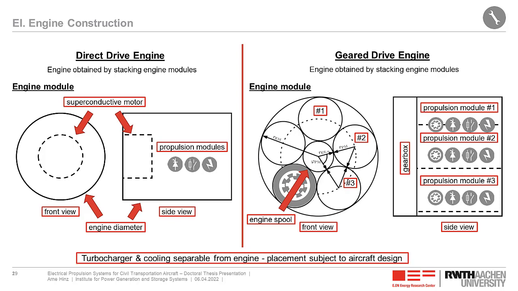For the size determination, we will exclude the turbocharger and cooling system size, since these systems are in principle separable from the engine. And these systems have a considerable air intake and output, so we can use them to facilitate the boundary layer on the aircraft, maybe at the wing or at the fuselage. So the placement of the system is rather subject to overall aircraft design, in a sense not covered here.